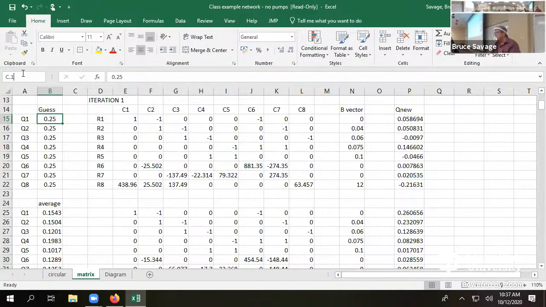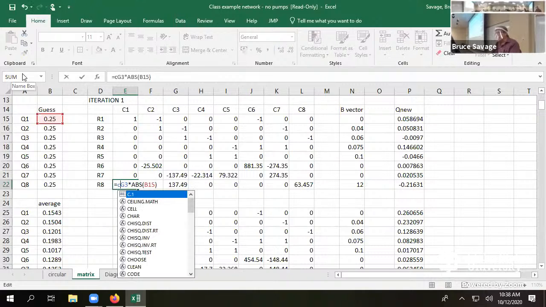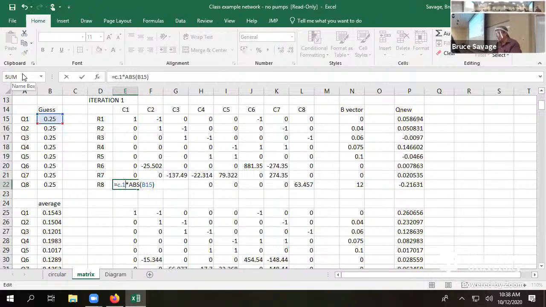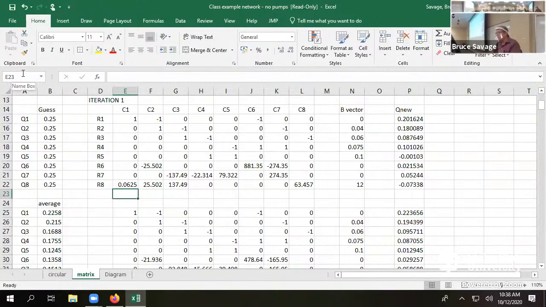But C.1 references to me that it's coefficient pipe 1. And so if I came down here now, I could just use that name rather than a cell number, and that name is tied to that cell always. Okay, so C.1 right there,